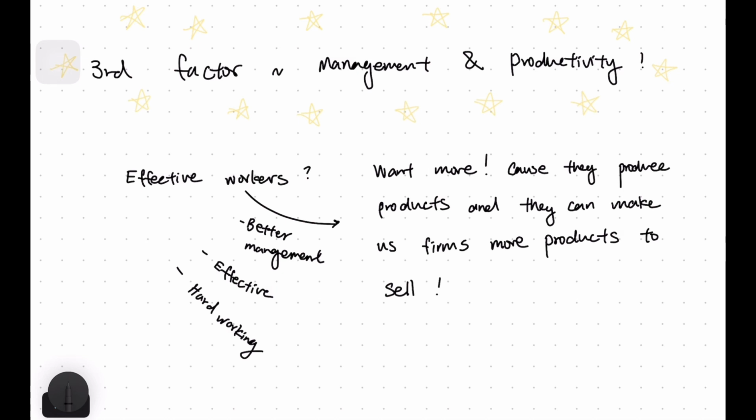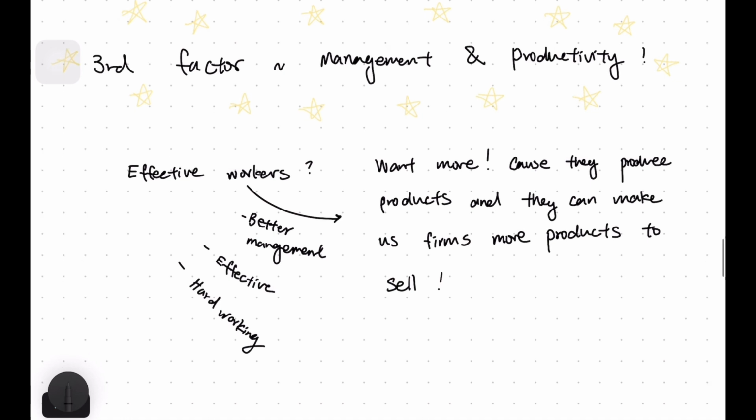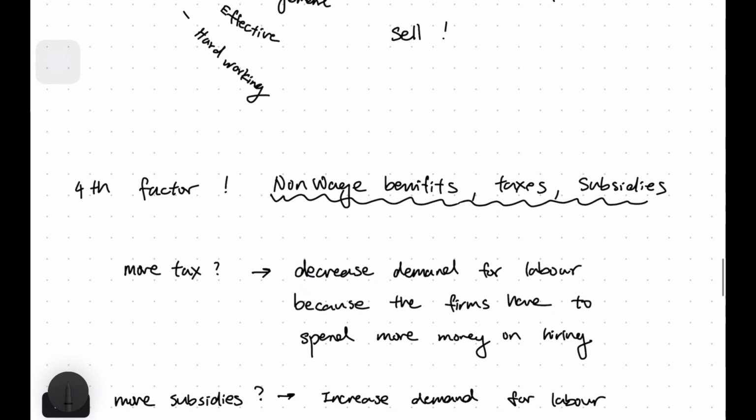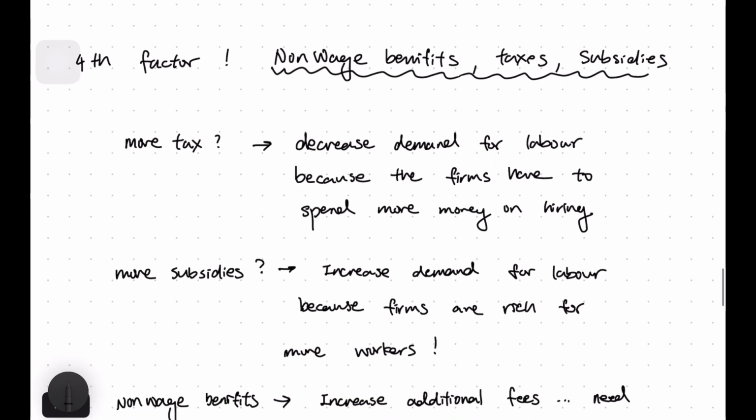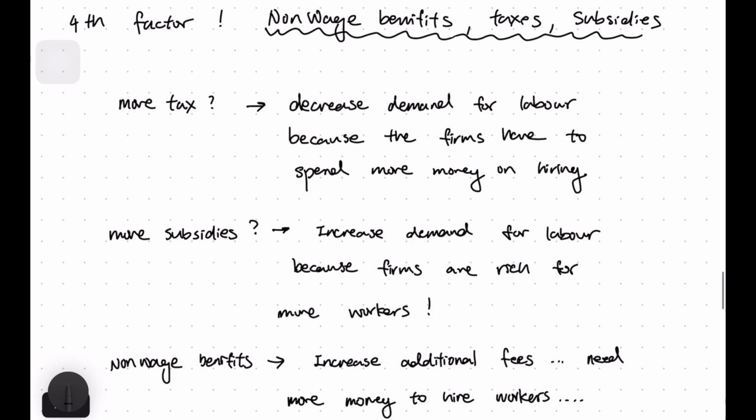This is because improvements in management and productivity can increase the marginal product of labor, leading to an increase in the marginal revenue product of labor. In other words, an increase in productivity or better management can increase the demand for labor, leading to a higher wage and increased employment. The fourth one is non-wage benefits such as health insurance and retirement plans,